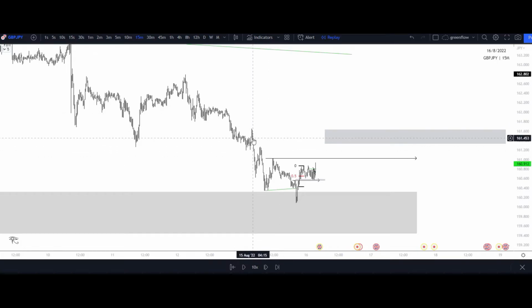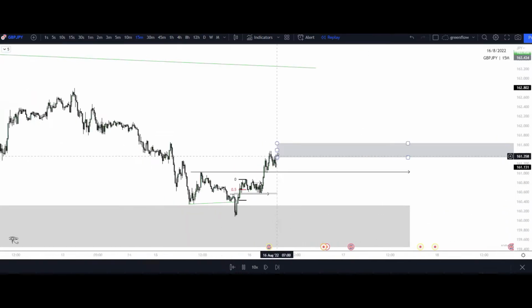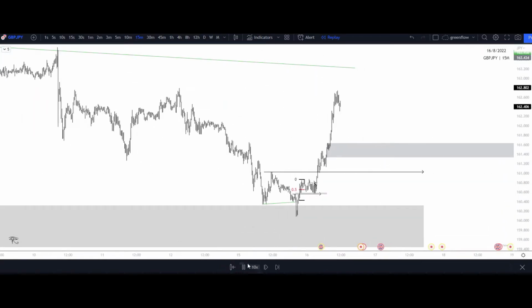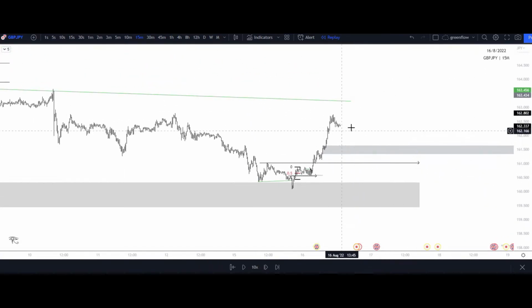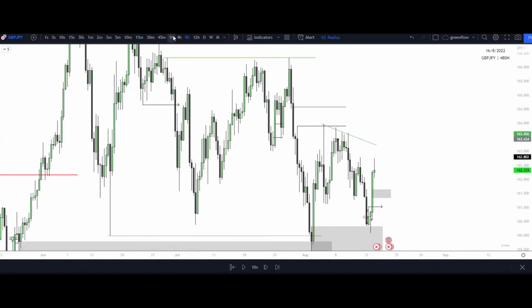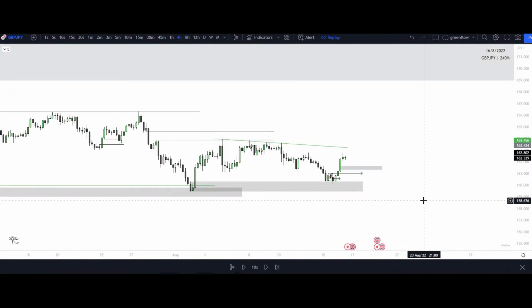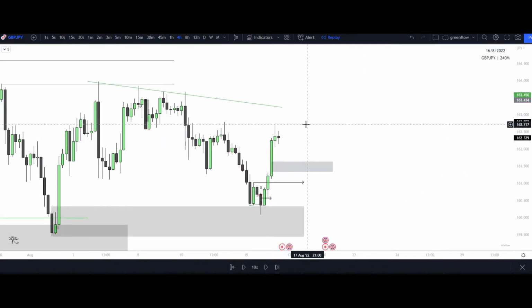So we had supply introduction within these areas, could have been in a trade here, right, and taken it up to those areas right there. So let's play it out, right, and then we came up into those areas and then came all the way out actually up into this range right here, created some more demand, right? And that's where I'm looking to possibly take this trade next, understanding the 4-hour time frame. We have created a large fair value gap within these areas that we do reaccumulate, right? Create reason to continue to the upside.